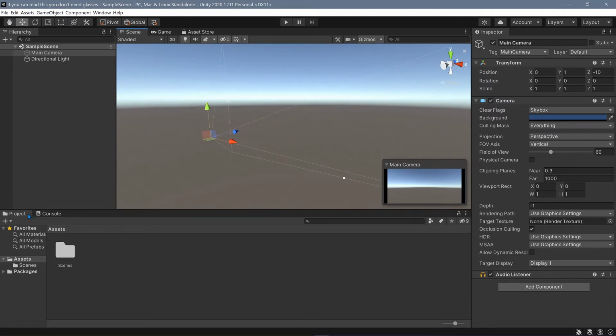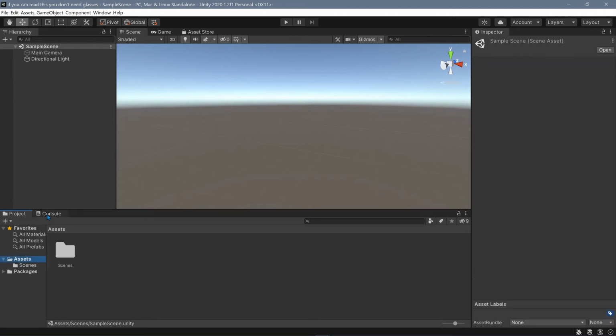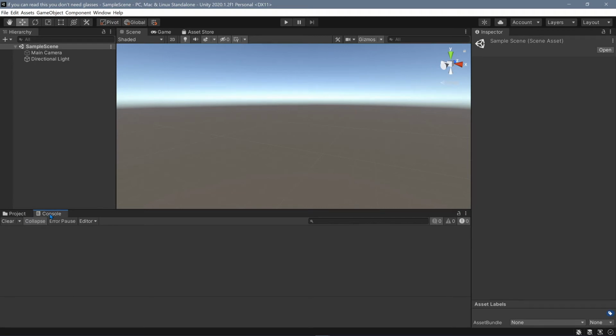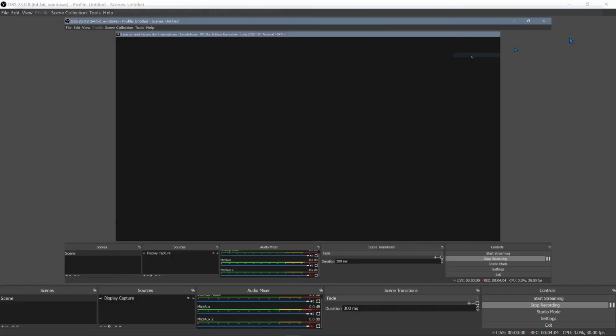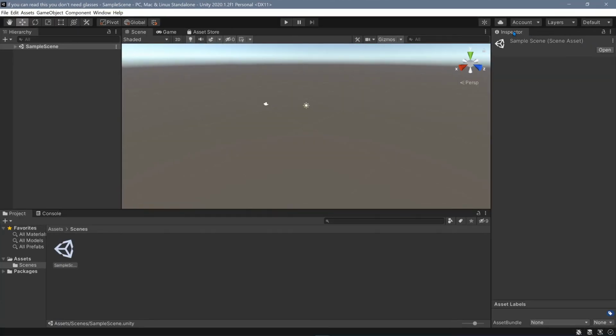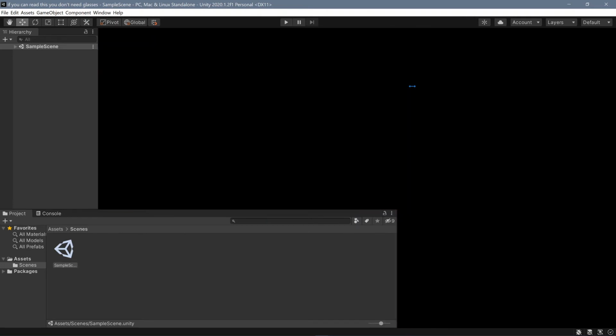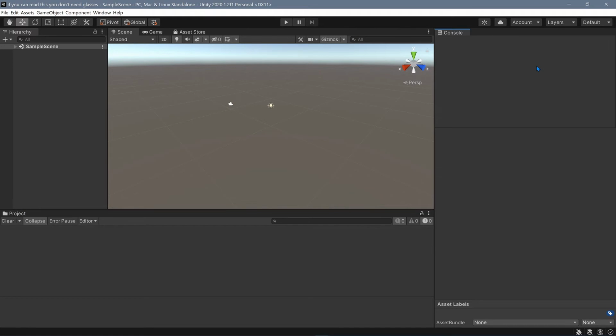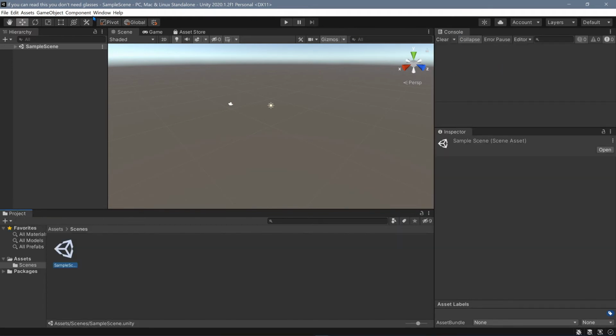Finally, the last two tabs are the project tab, which contains all the files and assets inside of our project. Finally, we have the console tab, which will show us errors and warnings throughout our code. It's important that you check this every so often, because if you have errors, you can't actually run your project. If you ever mess anything up or accidentally delete tabs, just go over to the layout and then select the default layout again. Now, what do I mean by messing things up? Well, in Unity, the whole editor is completely customizable. You can resize windows, drag windows, even create new ones.